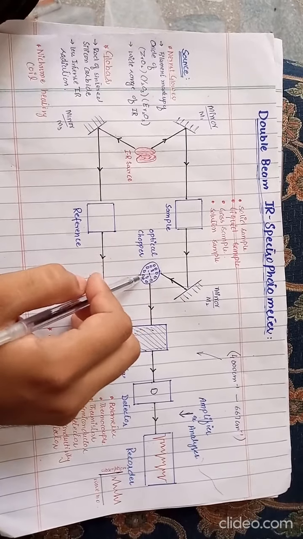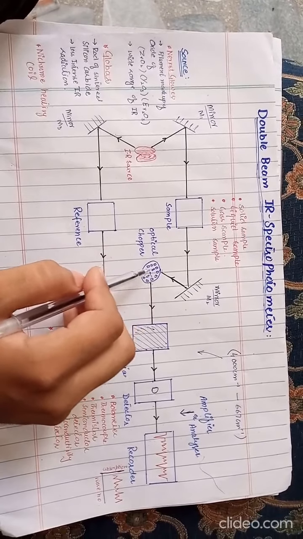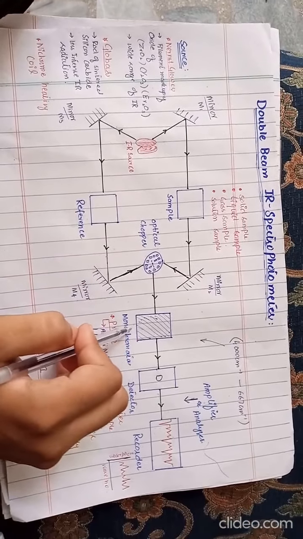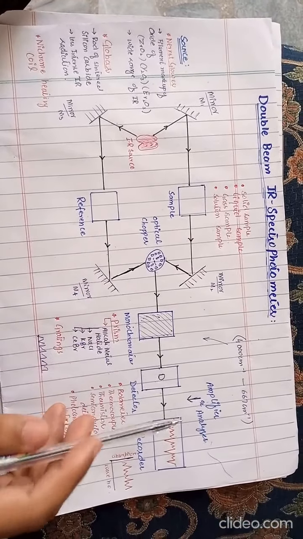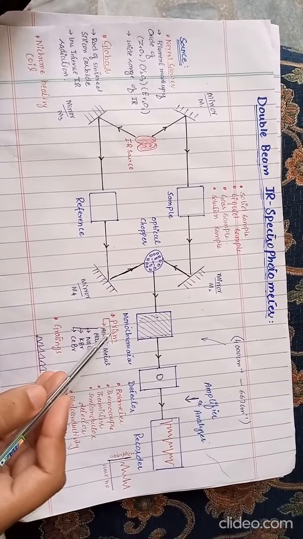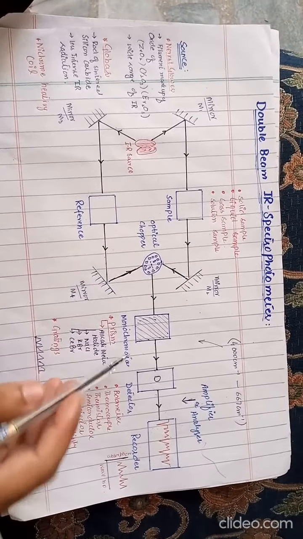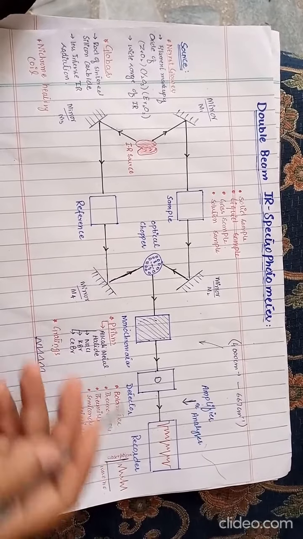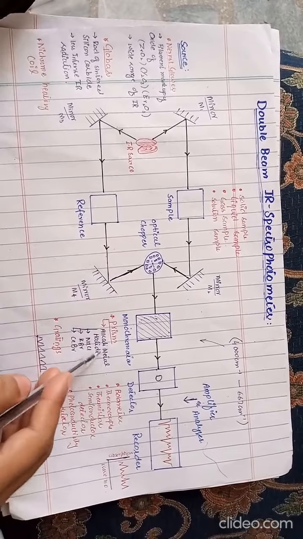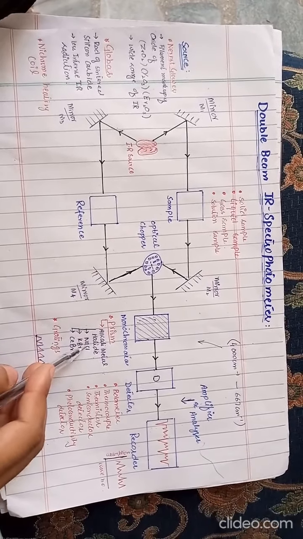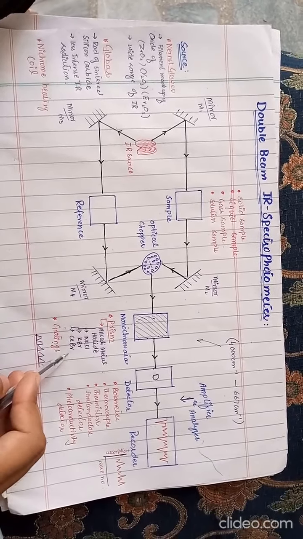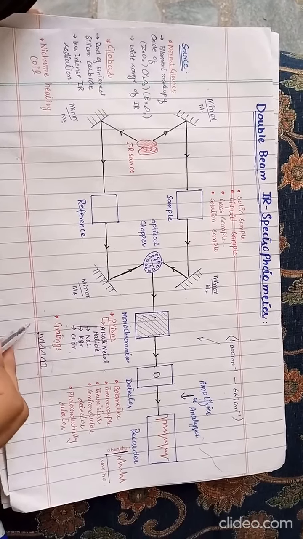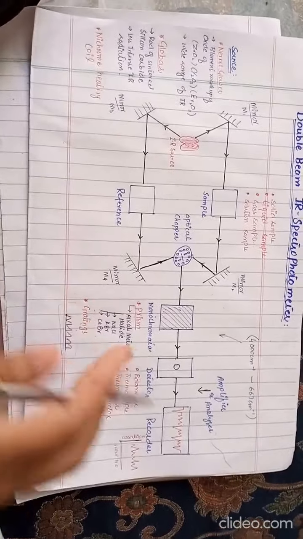The optical chopper alternately transfers the radiation coming from the sample and reference towards the monochromator. The monochromator consists of the following components: prism or grating. The prism is not the simple or normally used prism. It consists of an alkali metal halide, maybe NaCl, KBr, or cesium bromide, or maybe a grating. There is a picture of a grating.